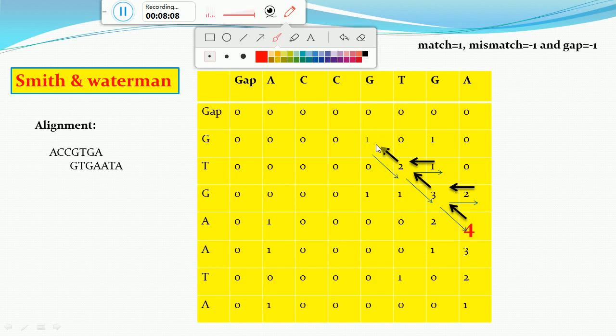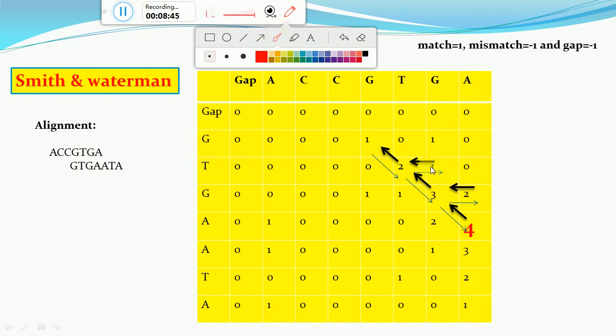Now how to align: we will start from this. So AA, the rules are the same. If there is a diagonal arrow, then we will use the character. So A, we will start from this side, A and A. Okay, now we have reached this cell, so this is G, and it is again a character because it's a diagonal arrow, so we will put GG. Likewise, I have told you we will put it on the left side of the sequence. So here also we have got GG.